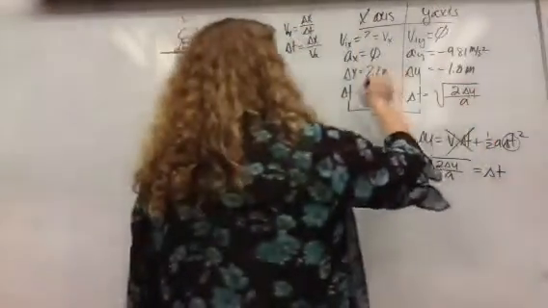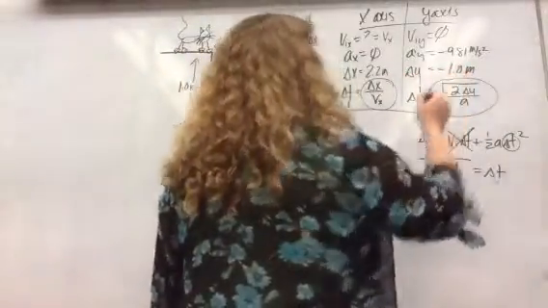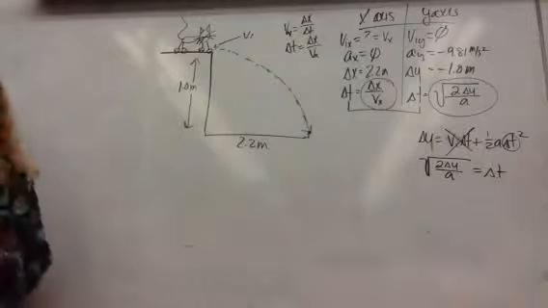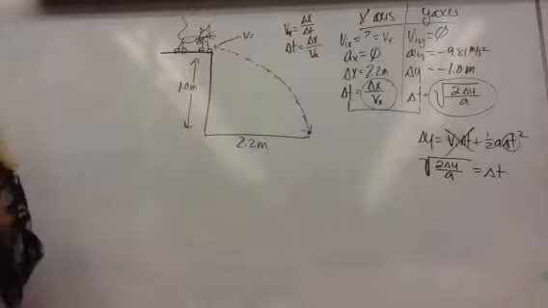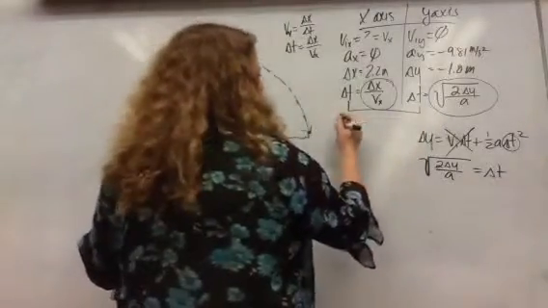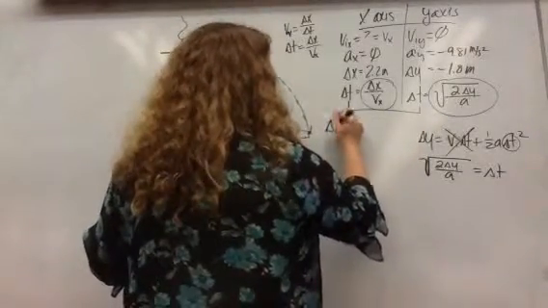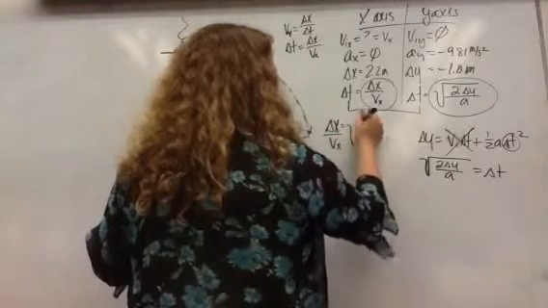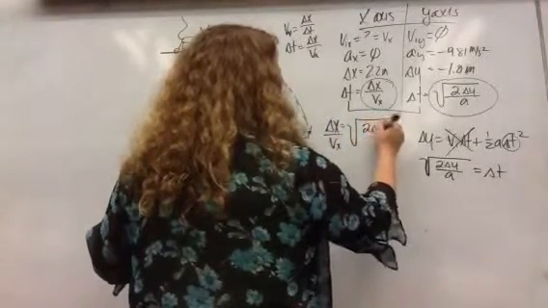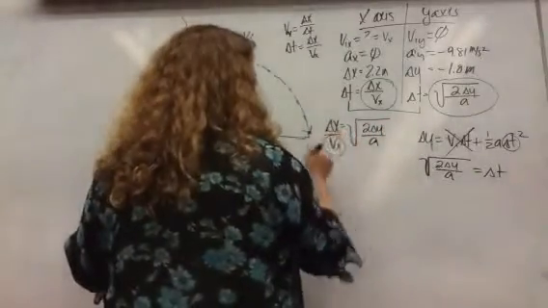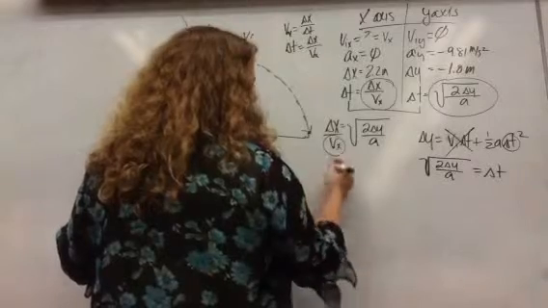So since there's a delta t value for every point in that motion, and it's going to be equal for some points in that motion, we can set these two equal to one another. Solving for v sub x, we get